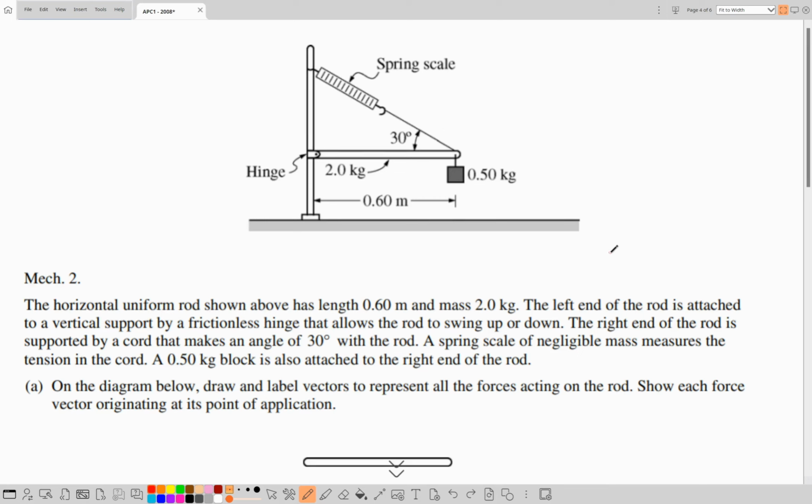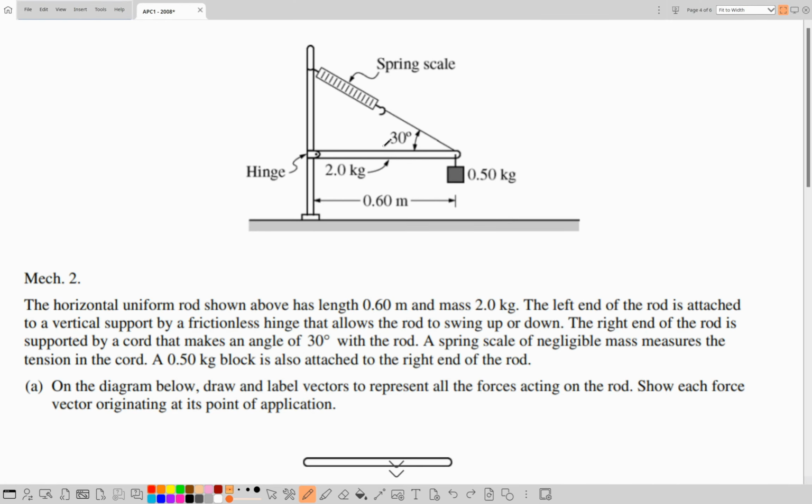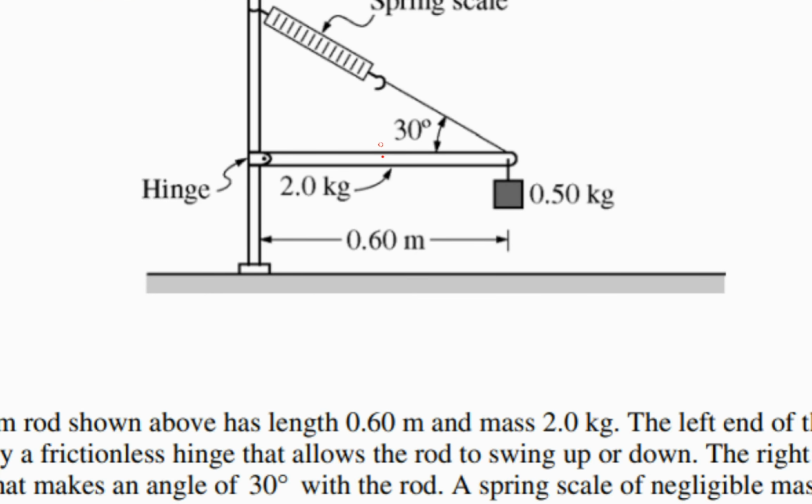Hello AP C Mechanics students, today we'll solve the past paper FRQ 2008 exercise 2. The horizontal uniform rod shown above has a length of 0.60 meters and mass 2.0 kg. Now, uniform rod means that the mass is distributed uniformly and the center of mass is the geometrical center